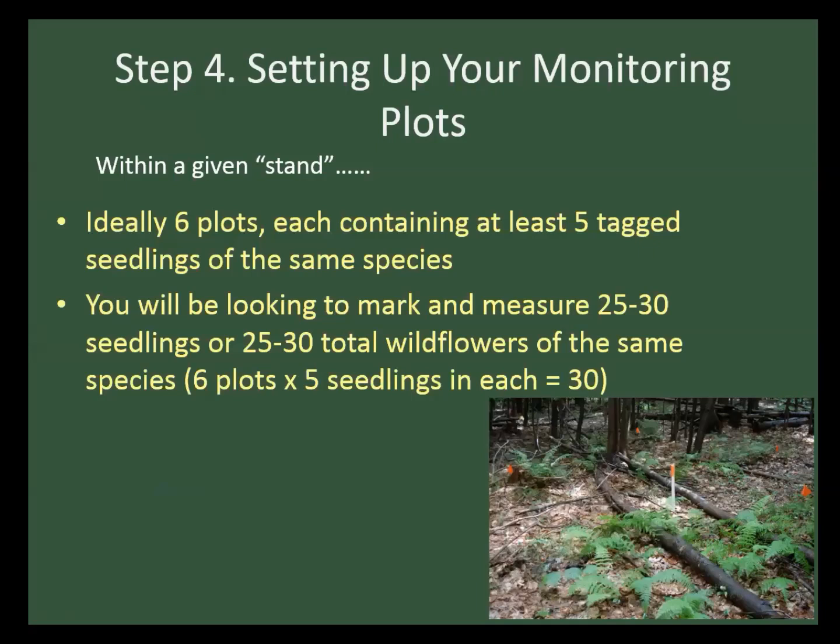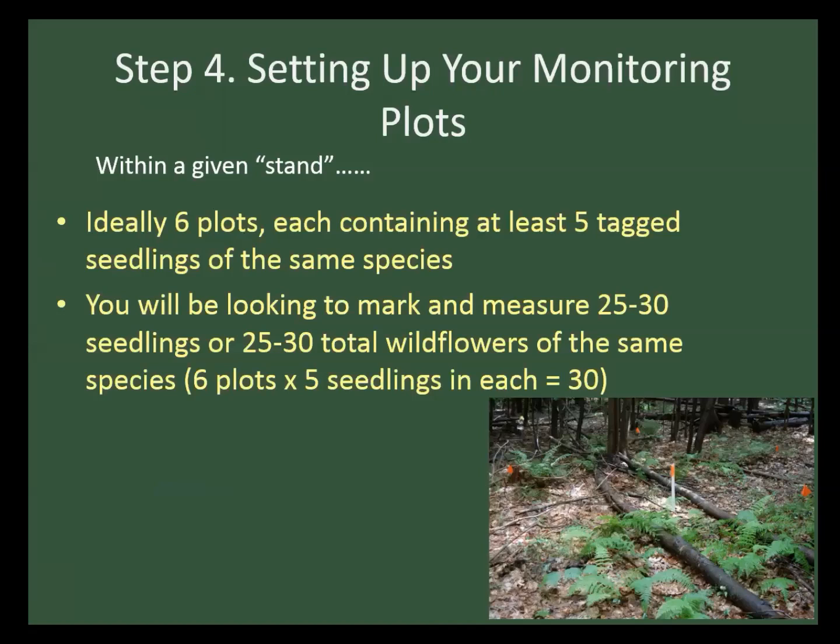That helps you keep track of the individual plants by knowing where they are, generally within which quadrant. Ideally, you would put in 6 plots, and each would contain at least 5 of the seedlings that you're targeting. So say you were doing sugar maples, each plot would contain at least 5 sugar maple seedlings that you would tag and measure